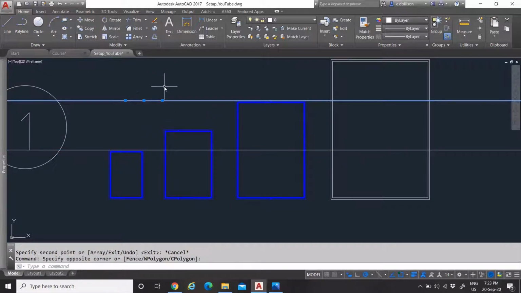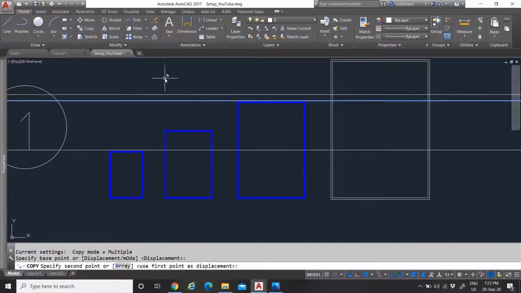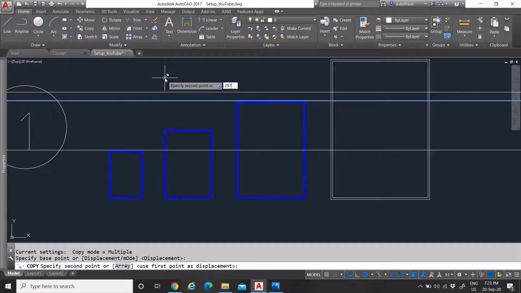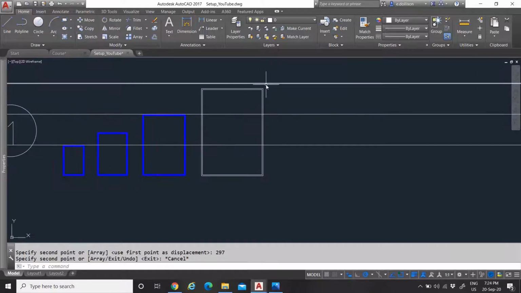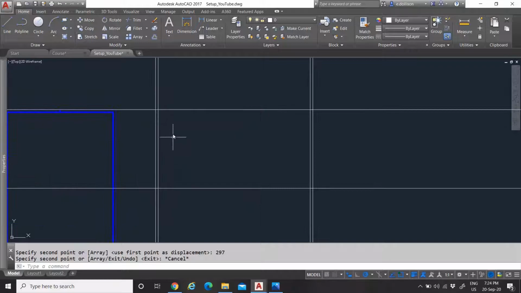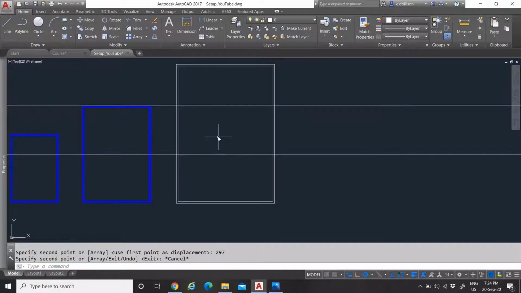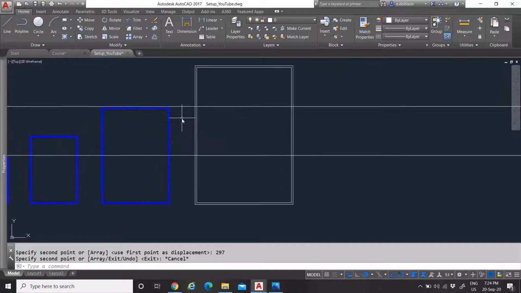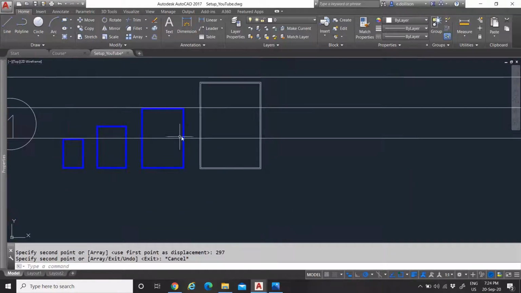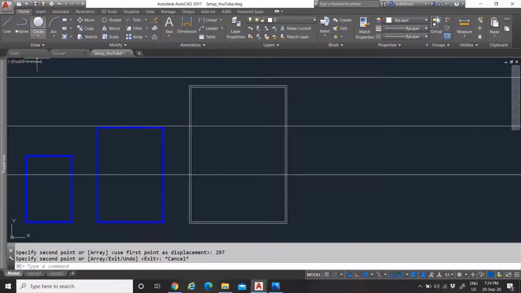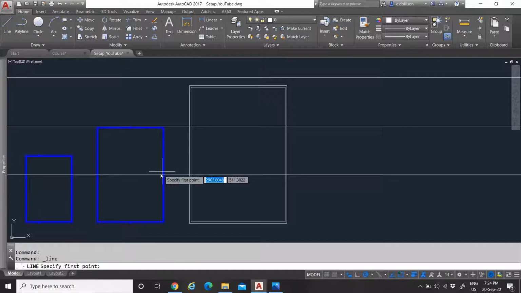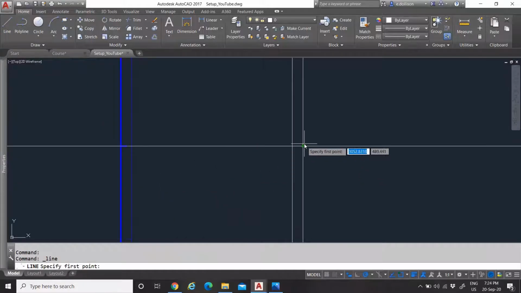And one more time, copy 297. Sorry guys, 297. So here we can see that our ticks are going right here. So it is much easier to see where it's supposed to go. So now if we draw our helpful guiding ticks,